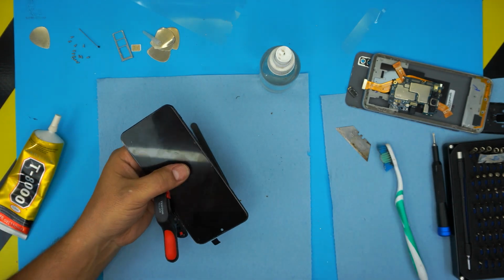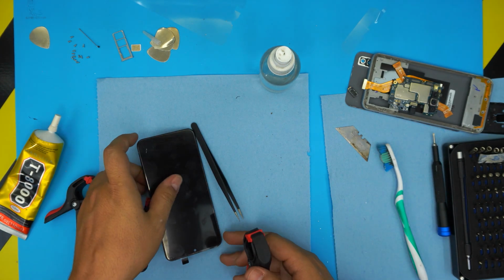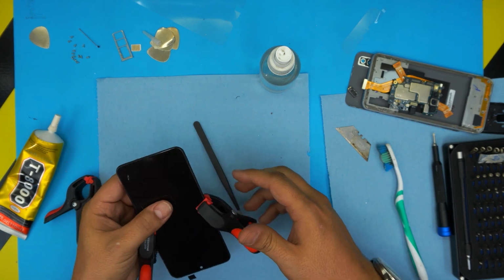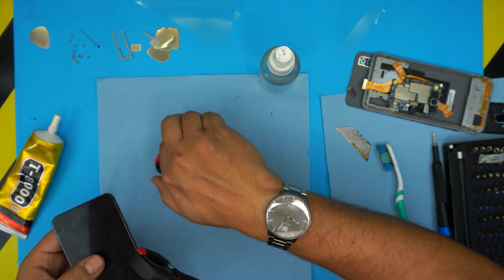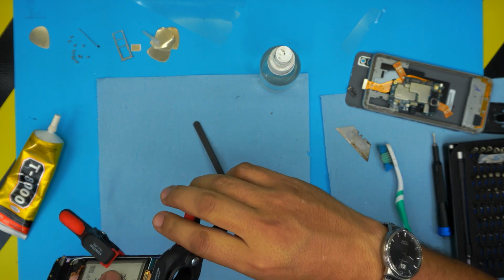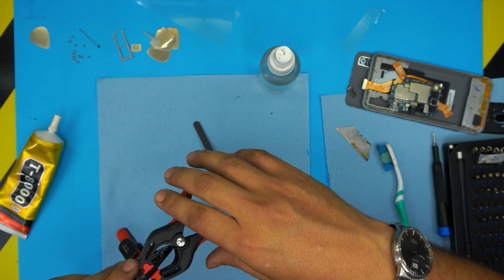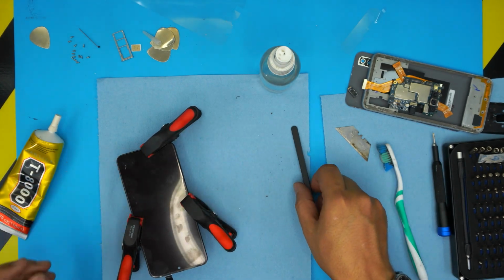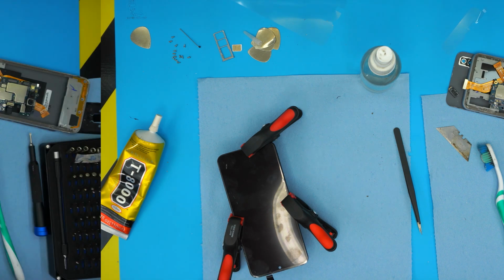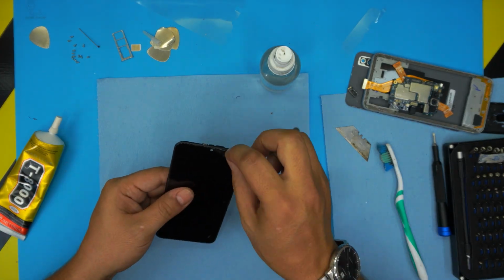So let me see if I get my other clamp. So grab the other clamps right here and put it right there, and a little bit on the top. I'm running short on clamps, so we're gonna leave it here for 5 to 10 minutes to cure, and then we're gonna continue. Now that the screen is glued on, and I left it there for a few hours,